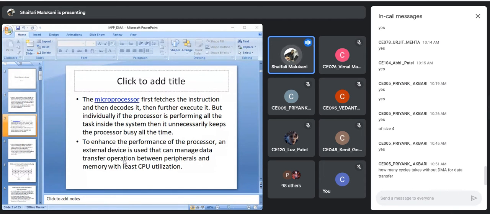That depends on which kind of processor you are using. DMA is not related to a particular microprocessor, right? DMA is its own IC. Suppose I am considering 8086, and if I want to read from the memory, how many cycles are required? That depends on which addressing mode you are using. But suppose we assume the base case, so definitely a fetch cycle, then fetch and execution.